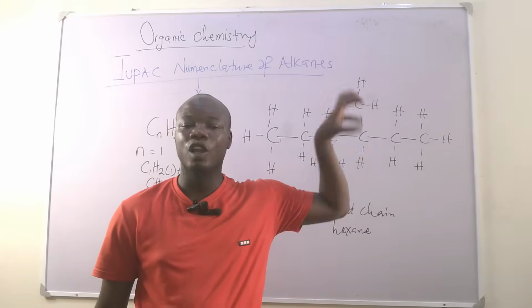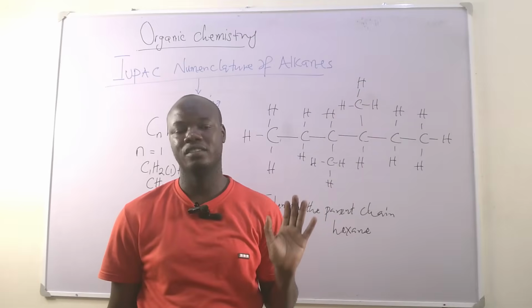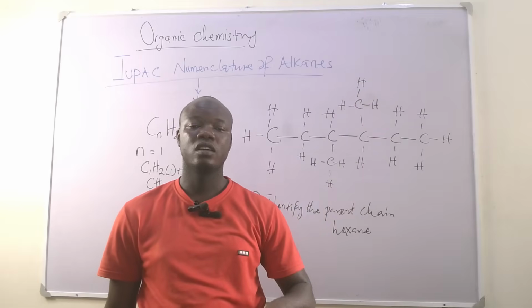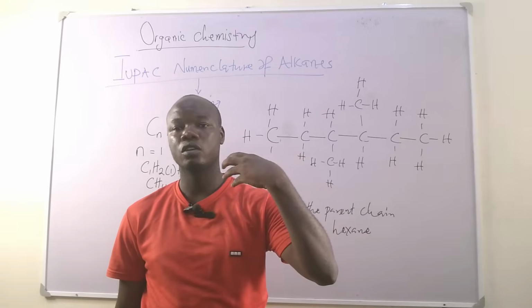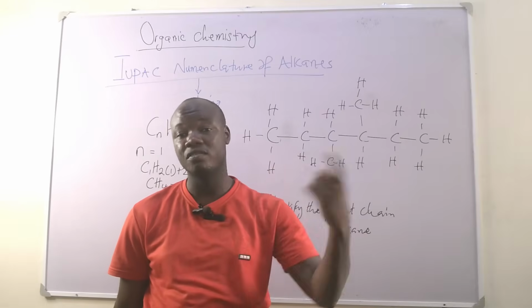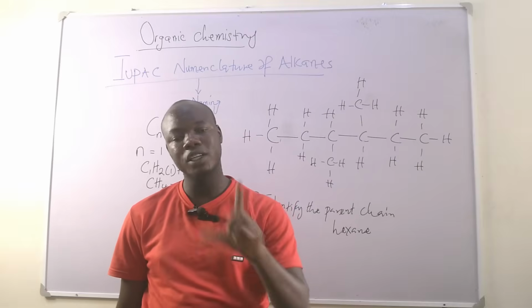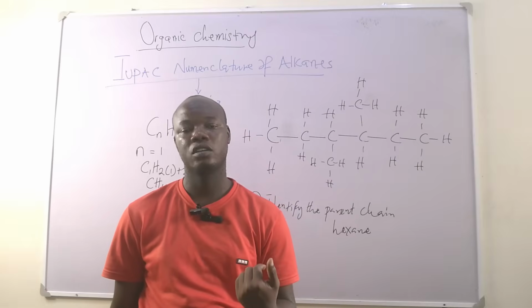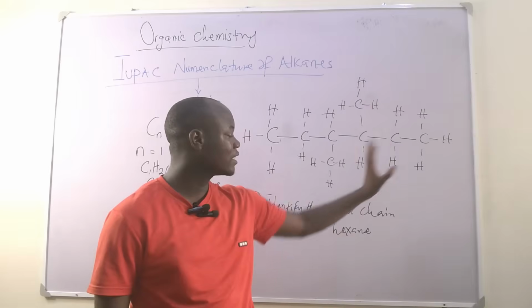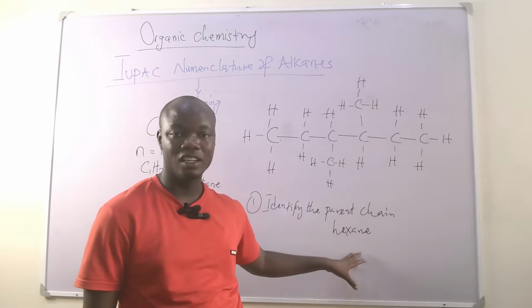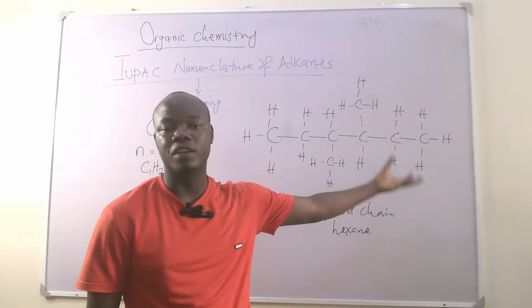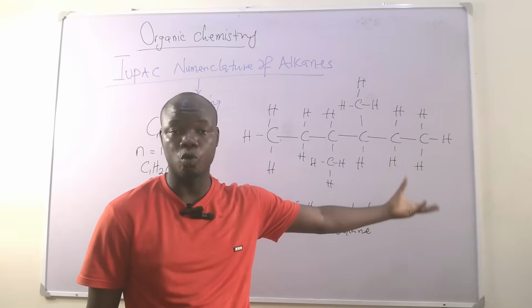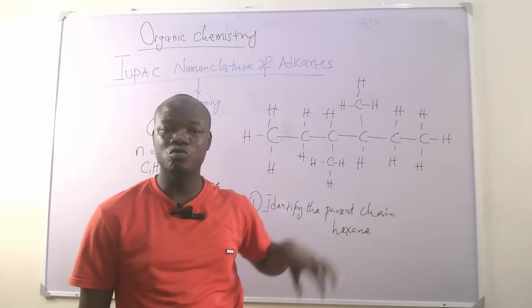Although, in the case of non-hydrocarbons, those that have a functional group, sometimes you count from the functional group. But at this point, the longest continuous chain is hexane, not pentane, because pentane is the lower one. So after you do that,